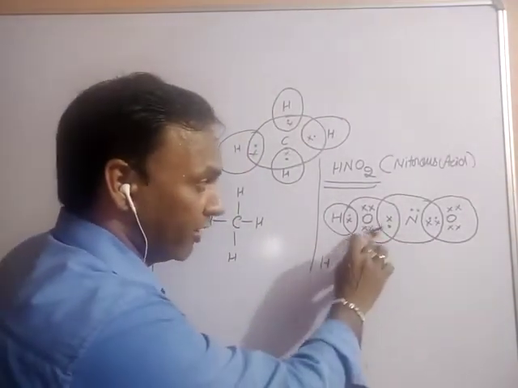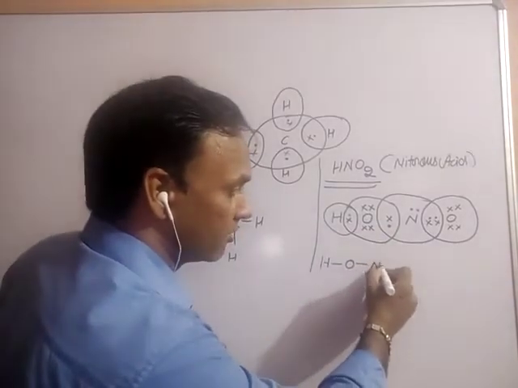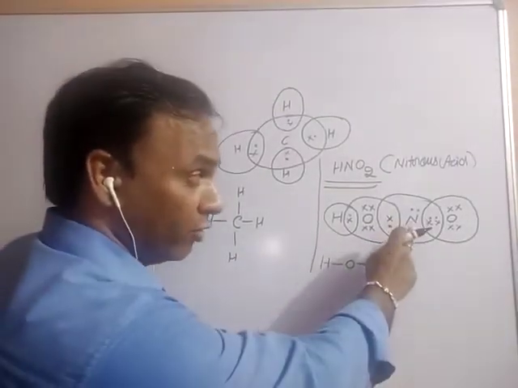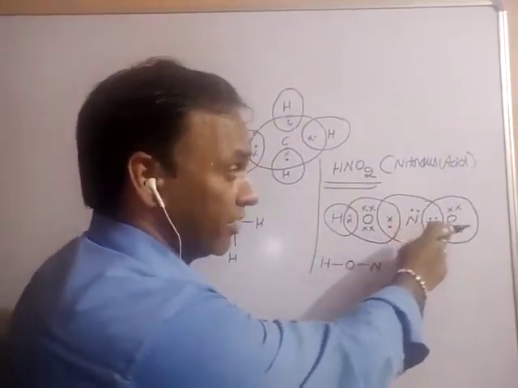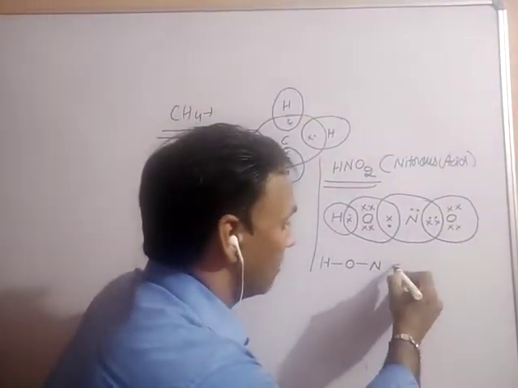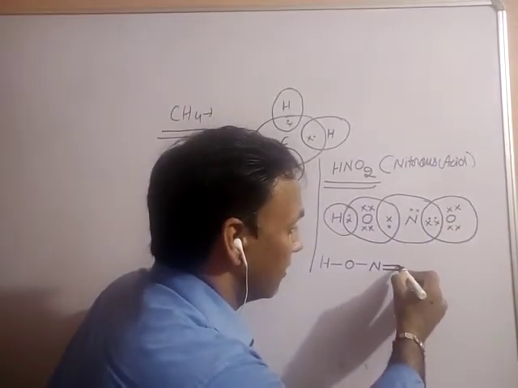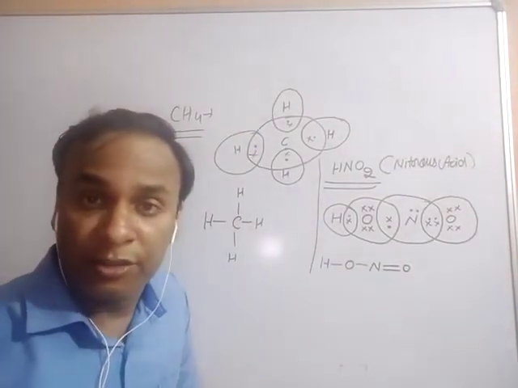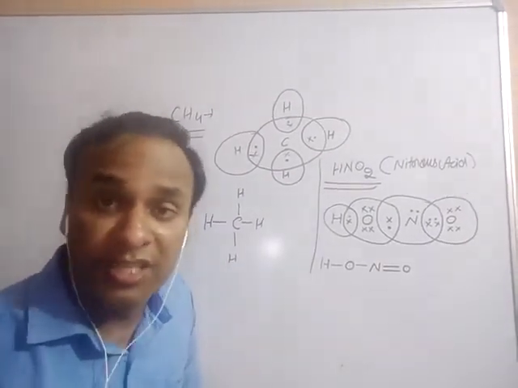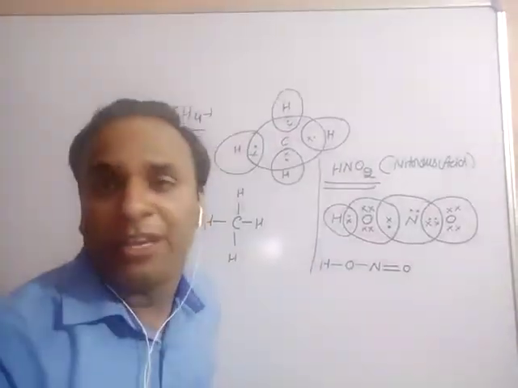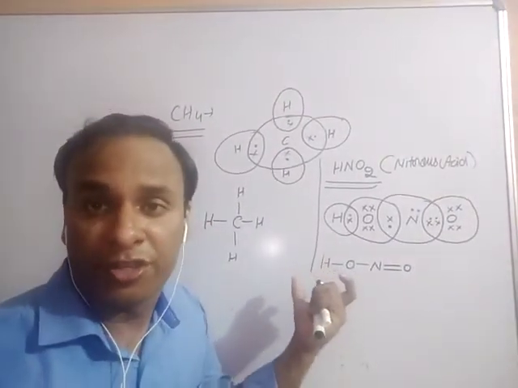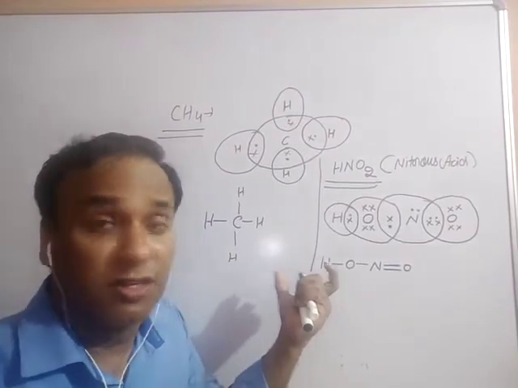When we talk about bonding between oxygen and nitrogen, it also follows a single covalent bond because of the sharing of 2 electrons. But when we see the bonding between the nitrogen and the other oxygen, here 4 electrons are shared. That's why it forms a double covalent bond. Clear, students? These are the basis of chemical bonding, meaning ionic bond and covalent bond. Keep revising all the chapters and practice this kind of structure to have command over chemistry.